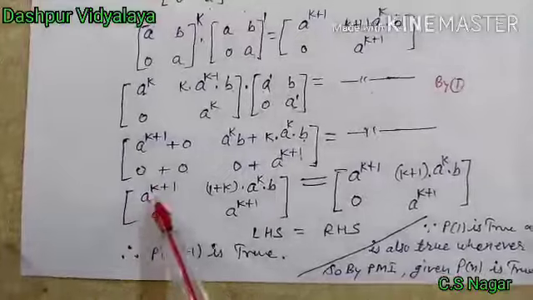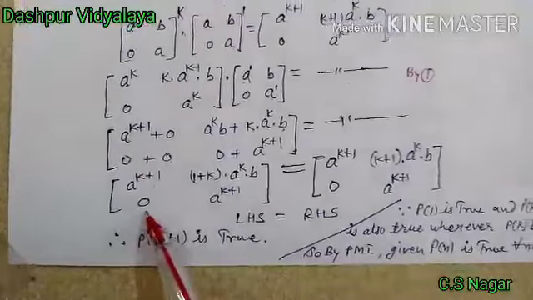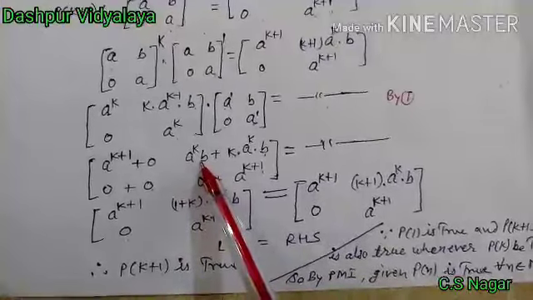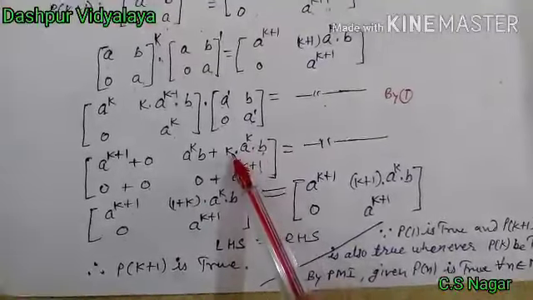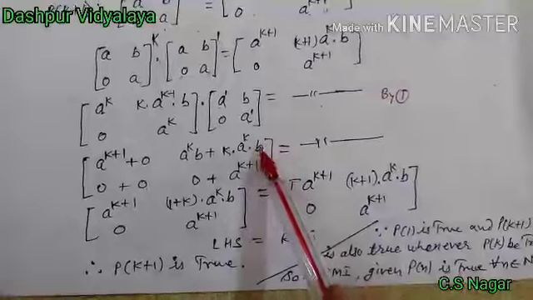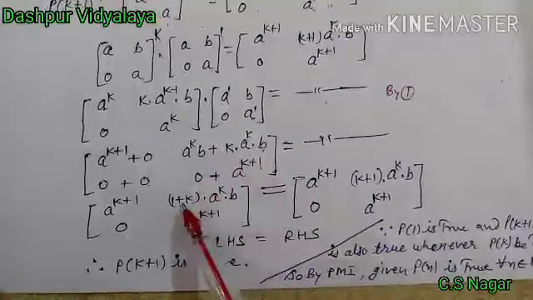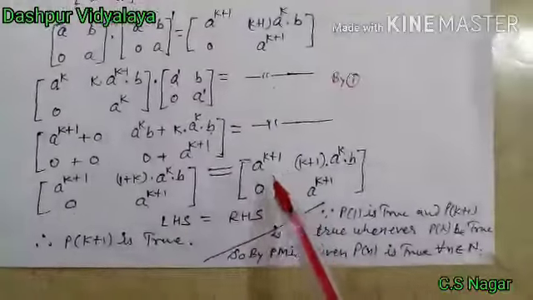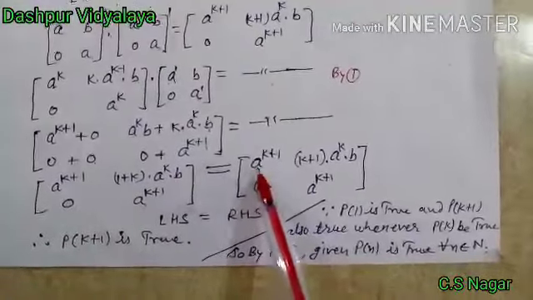So it is only a to the power k plus 1, this is 0 plus 0, 0. Now see here, a to the power k b and a to the power k b, this is k times, so a to the power k and b common, so 1 plus k, only 1 plus k remaining. And right side, which is also same, a to the power k plus 1, this is a to the power